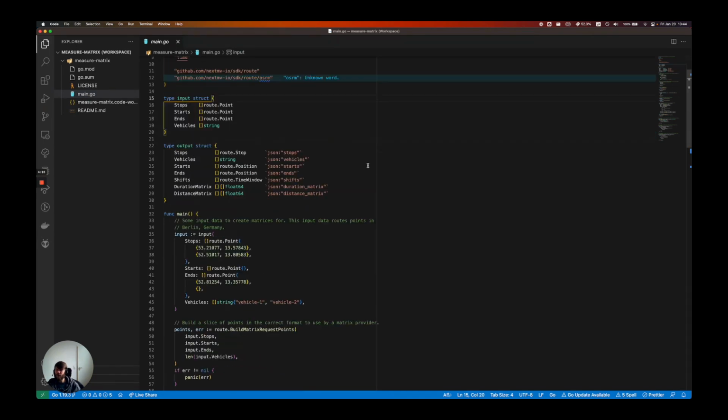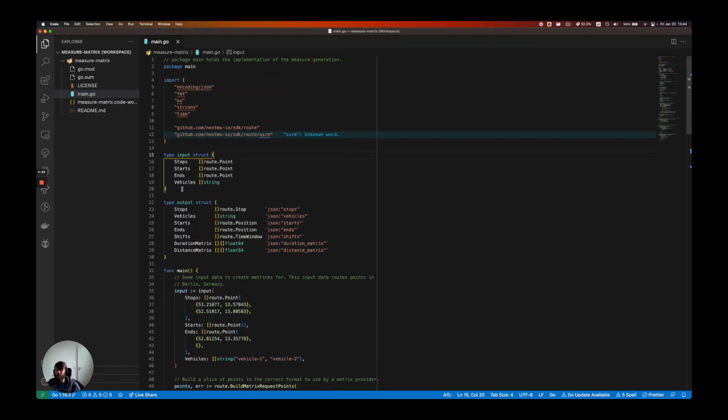So at first, in this template, we're going to create an input struct that holds the important data that you need to create a measure, or a matrix that holds all the information that you need to apply costs when going from one point to another. That is